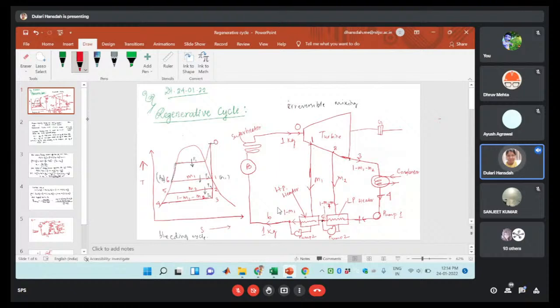यहाँ 1, 2, 3 तक गया, फिर हमारी कंडेंसर में 4 हुआ, 4 के बाद H4। यहाँ पे हमारी पंप यूज हुई, वो भेजा पंप को, 5 किया अप टू दिस, तो ये 5 पॉइंट हुआ। फिर यहाँ पे पंप यूज हुआ, यहाँ पे 6 हुआ।